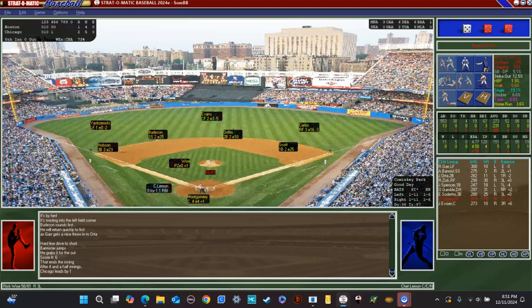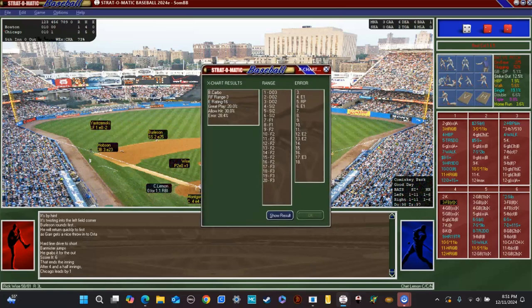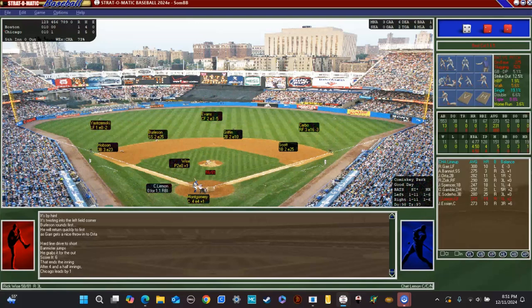Lemon will come up first. He's 0 for 1 with an RBI ground out. And it's a fly ball to right. Carbo with a range of 3. Gets to it and makes the catch. So a nice catch by Carbo. Looks like he took a little bit of a weird angle to get to it, but is able to make the catch